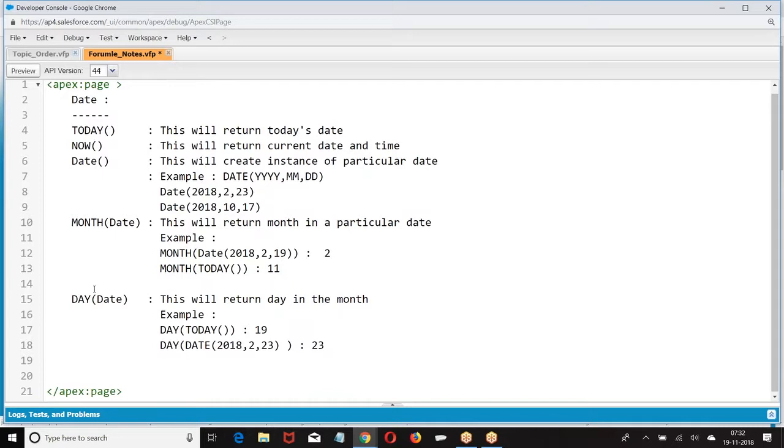Similarly, we have year. So these are predefined functions.